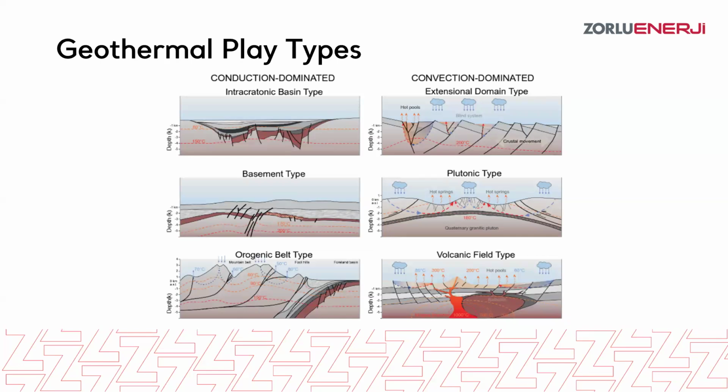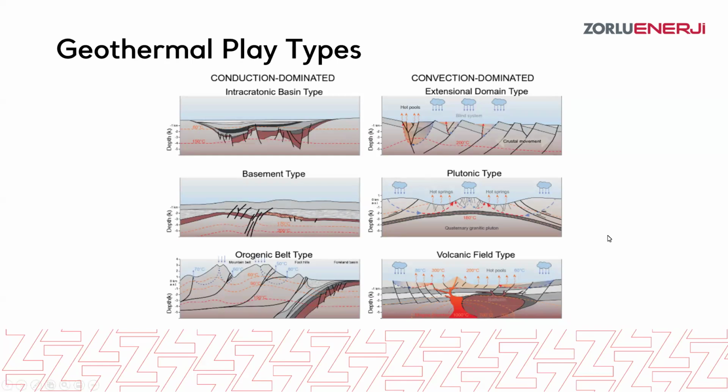So we have two different categories: first is conduction dominated, and second is convection dominated. An important thing to know is that at the moment, mostly all the commercialized geothermal fields are convection dominated fields, because in those fields we have